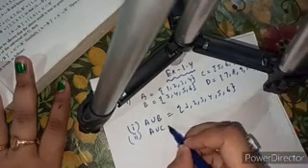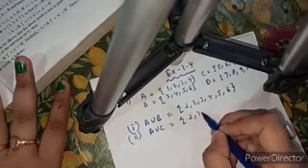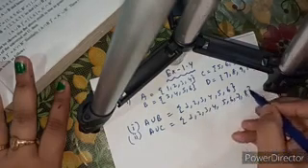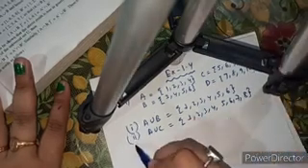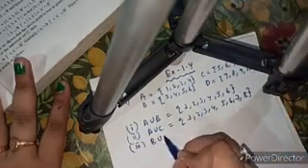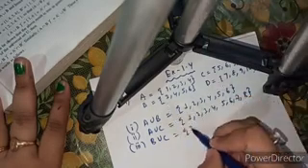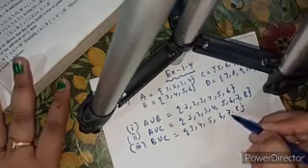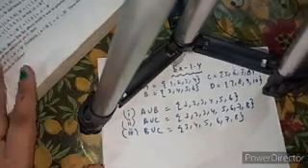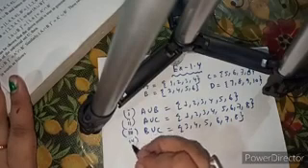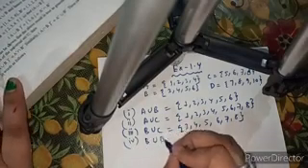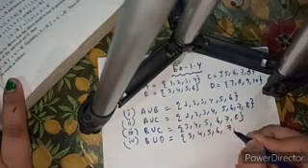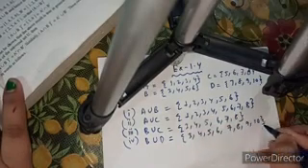So number 2 is A union C. So in A union C, 1, 2, 3, 4, 5, 6, 7 and 8. Okay. Next, third is your B union C. So B union C is 3, 4, 5, 6, 7, 8. No need to write 5 and 6 two times because you have to write only one time the element present. Okay. Next is your B union D. So B union D will be 3, 4, 5, 6, 7, 8, 9 and 10.